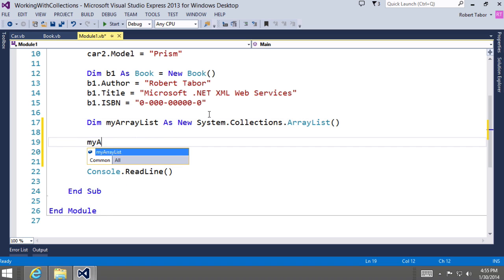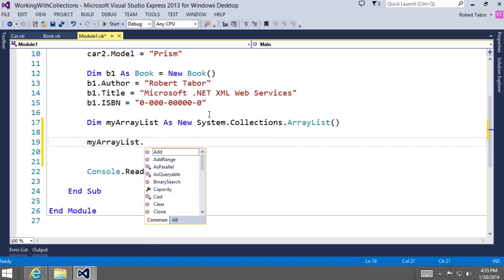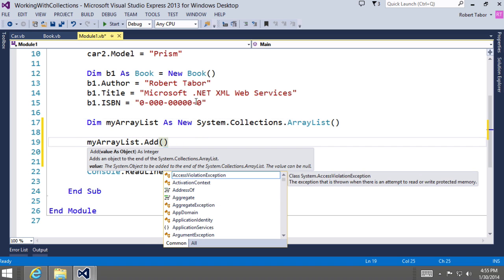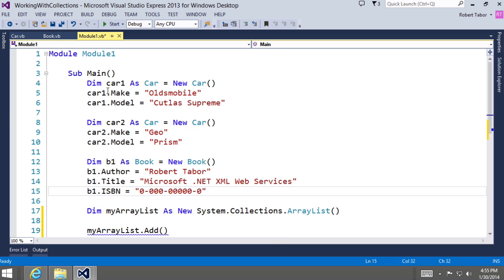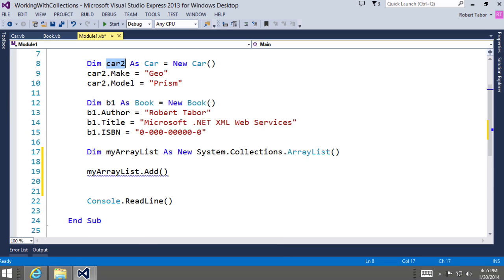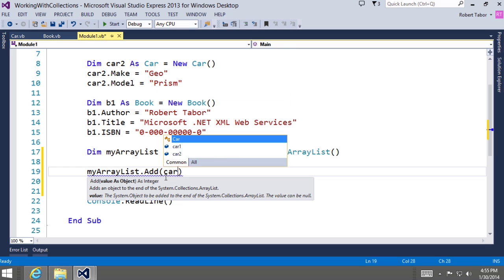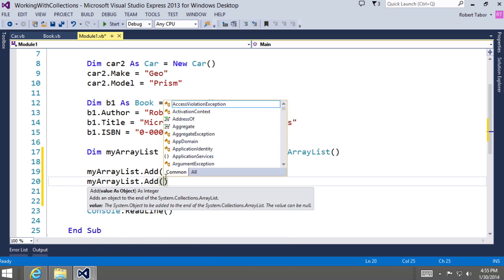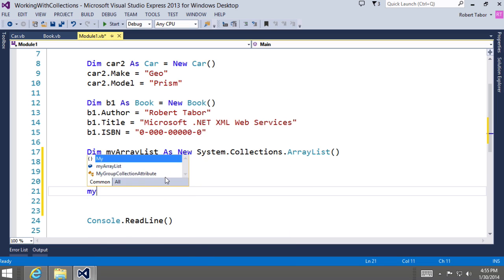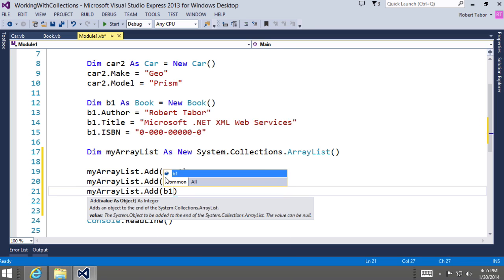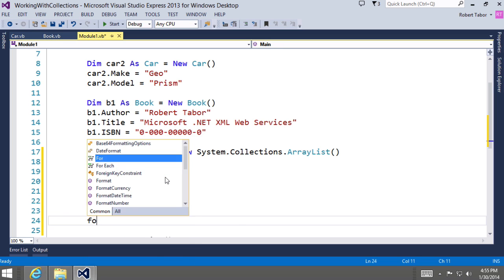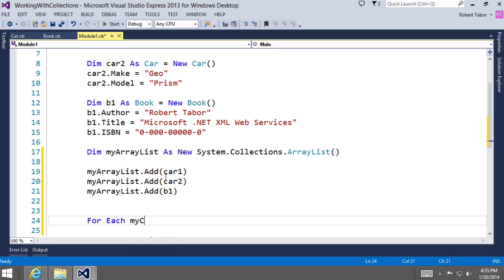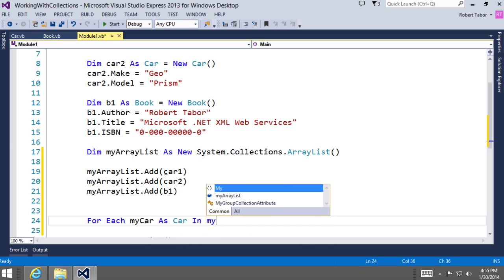And then we will merely add items to our array list. So we called our car instances car1 and car2, and then the book b1. So let's add each of these to our array list. So car1, and then my array list add car2, and then my array list dot add b1 for the first book. And now what I want to do is just do a foreach, my car as car in my array list,